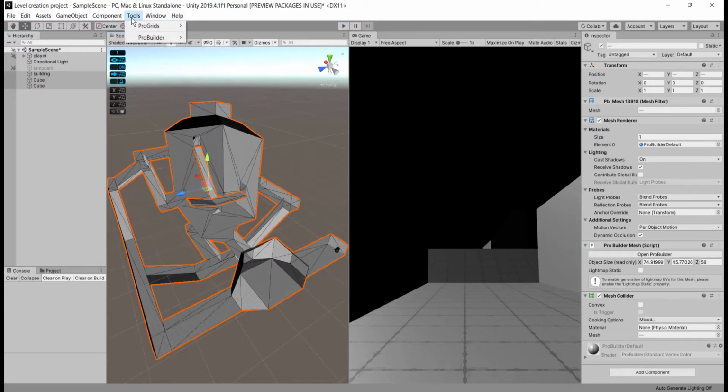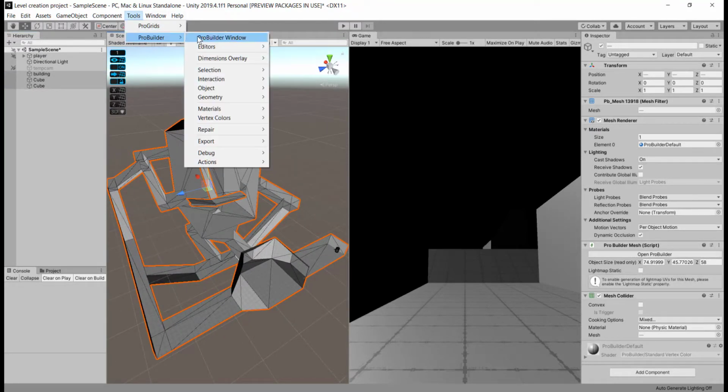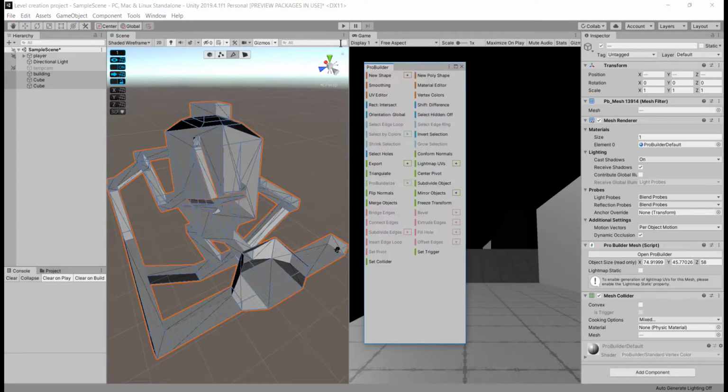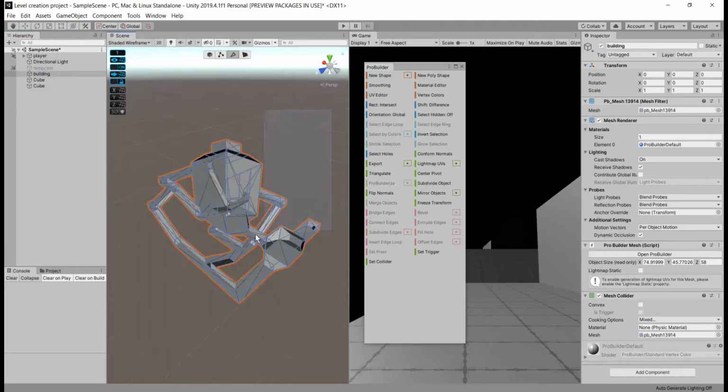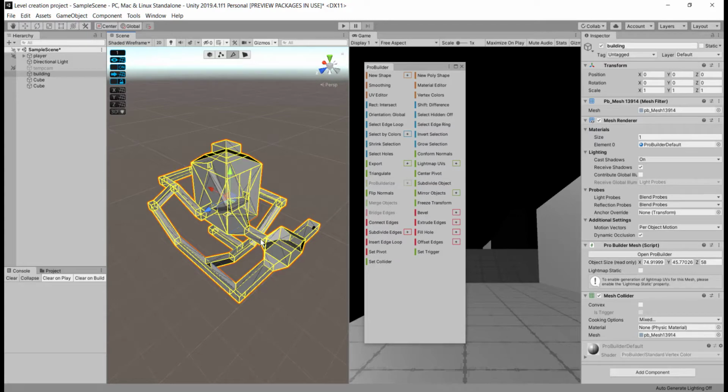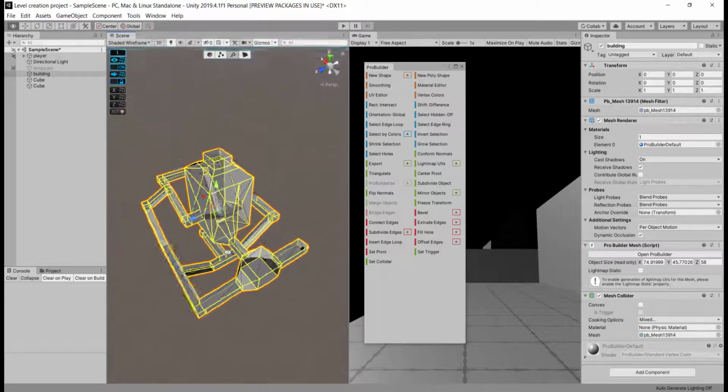You can go back to our ProBuilder window and switch to edge mode. Select all our objects and just draw over it so that all the edges are selected.